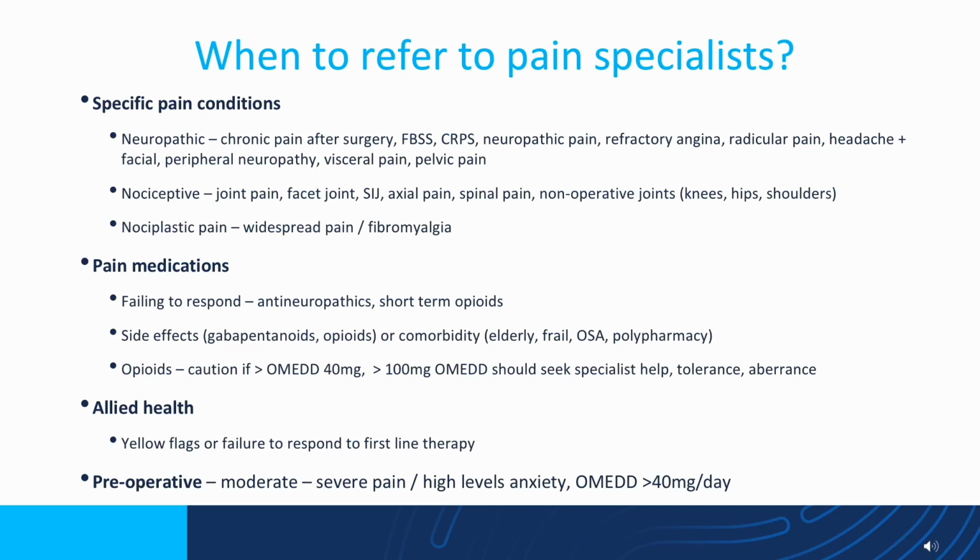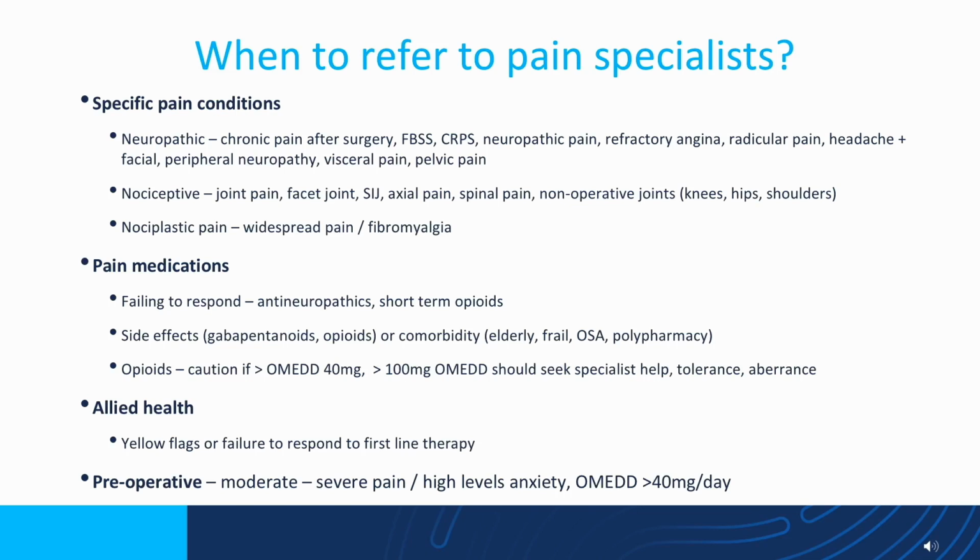But there are specific neuropathic pain conditions you should think about getting a pain specialist involved in. Chronic pain after surgery. And that's pain after you'd expect surgical healing to occur. And the definition of pain after surgery is roughly about 2 months, not the average 3 months. Failed back surgery syndrome, a terrible term to define chronic persistent pain after spinal surgery. Please think about getting a pain specialist involved.